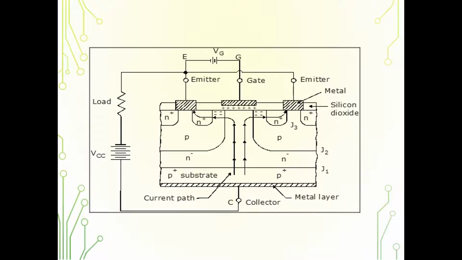So the switching losses and your conduction losses are very less, and it is very fast compared to the BJT, and the switching speed compared to MOSFET is less, but compared to BJT it is very fast. So switching speed of IGBT is in between BJT and MOSFET. So the performance of an IGBT is closer to that of a BJT than a MOSFET.